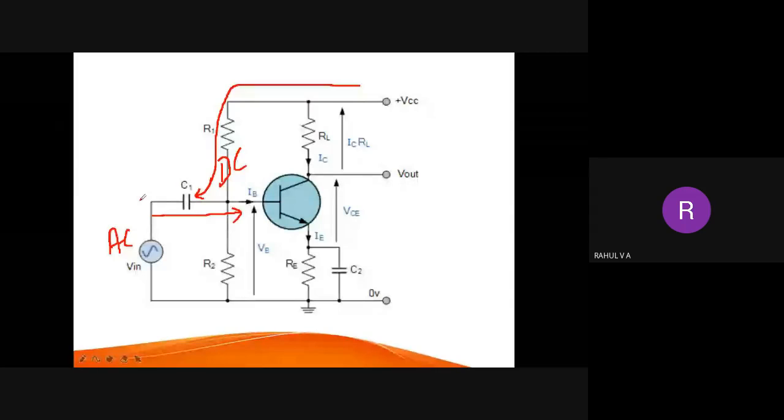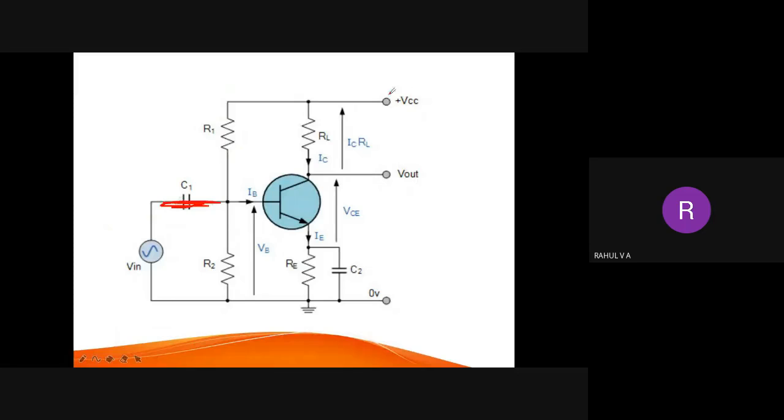When the capacitor is not there, it is a short circuit here. Whatever DC voltage we apply here is always greater than your input voltage, because the input voltage is a weak signal. DC voltage is much larger than that. So the DC current will flow from here to the input. It will also flow to the other parts, but it will flow to the input. So your circuit will not work.